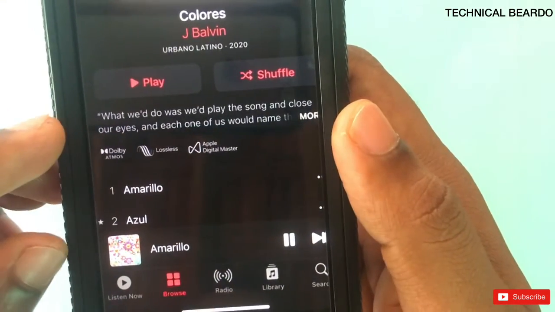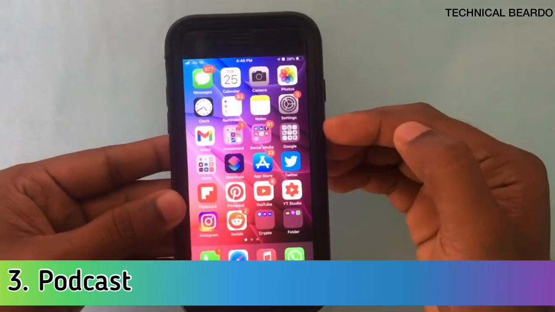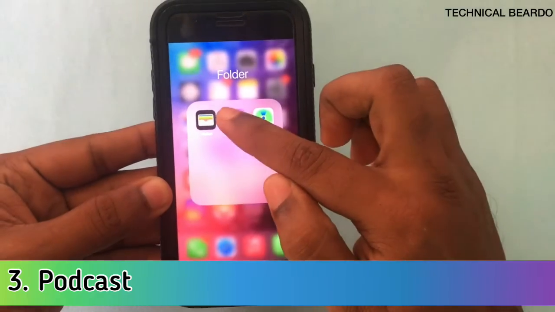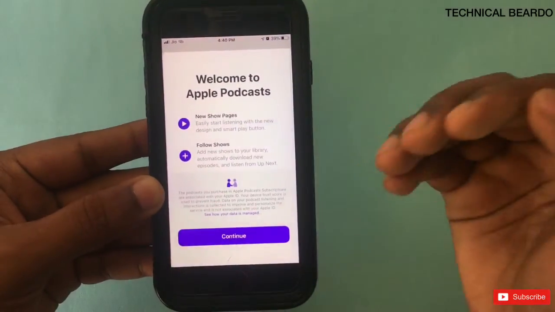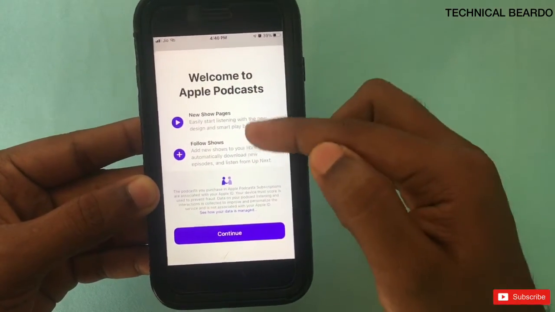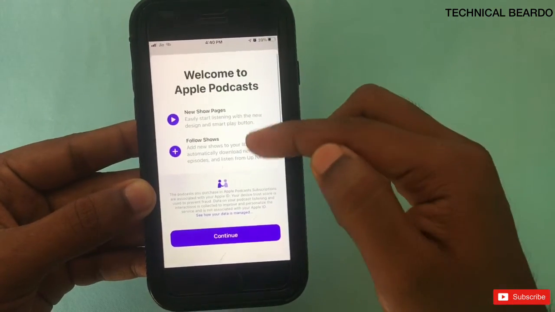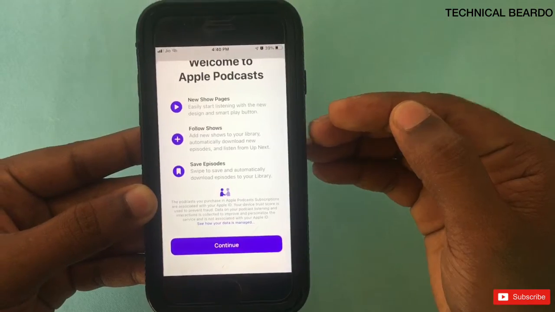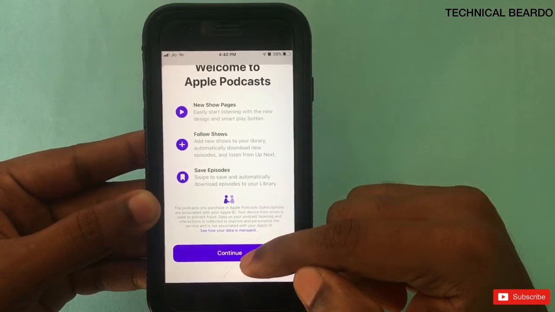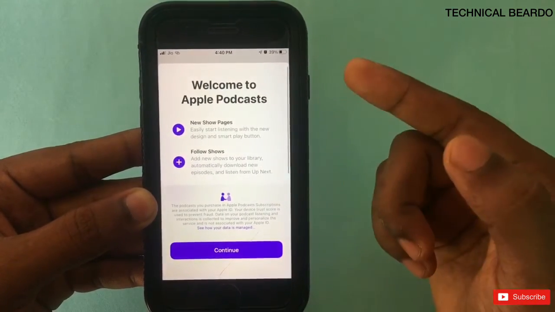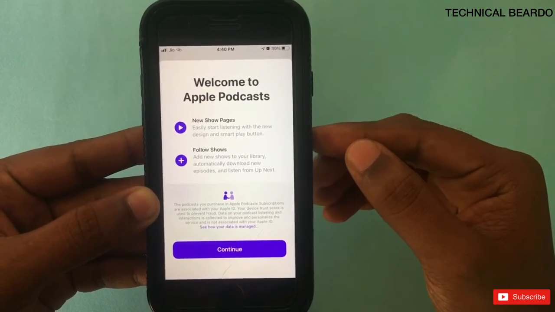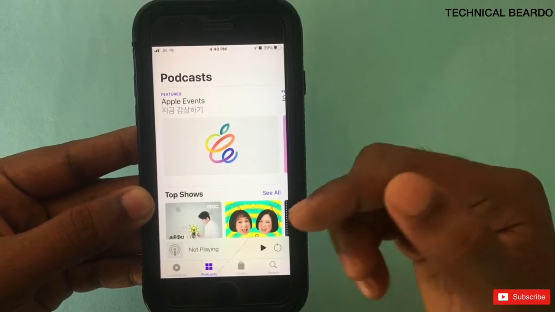Talking about the next update, that is regarding the Podcasts application. Here Apple released a very interesting feature for podcasts, that is subscriptions. You can subscribe to individual shows or individual creators and support them, and it is very beneficial for both parties. The user who is subscribing might get early access to the content, or get VIP or premium access to the individual shows.